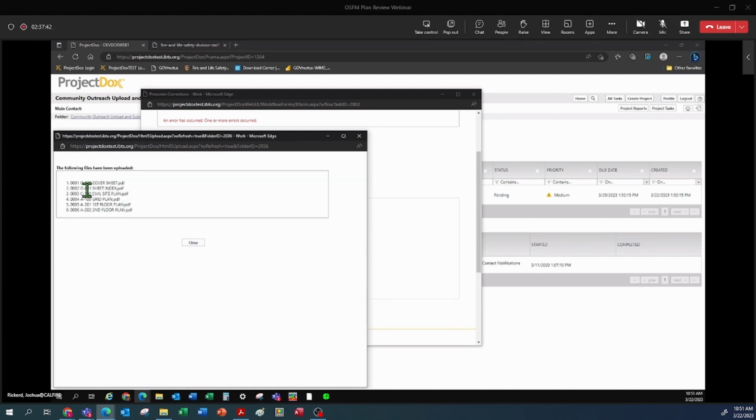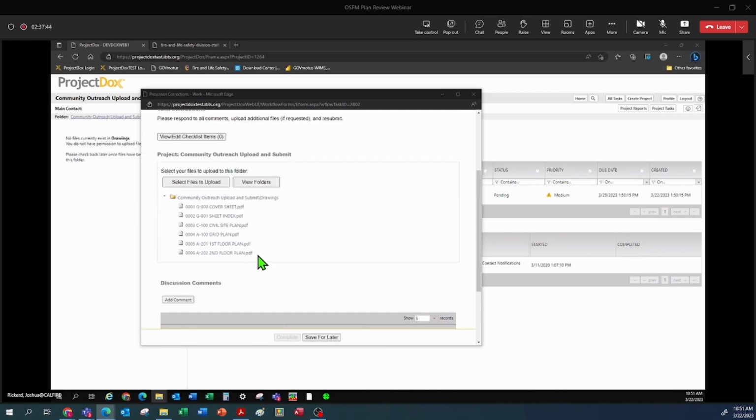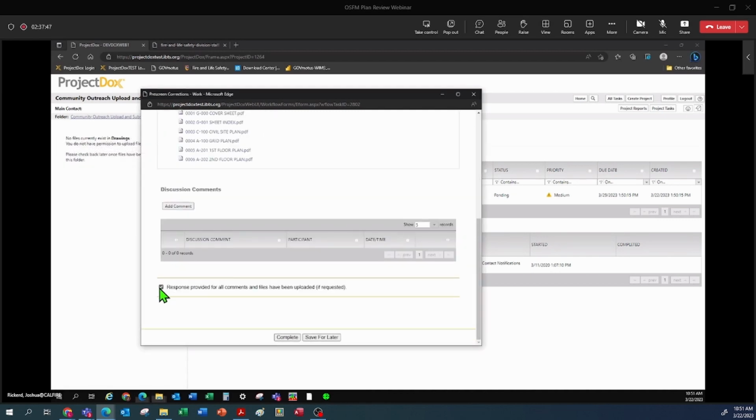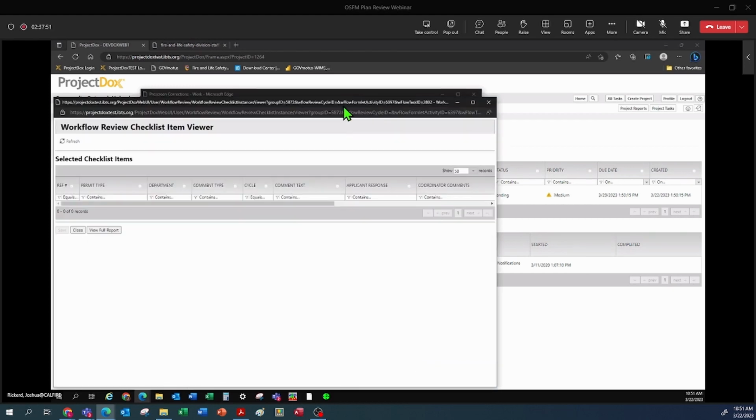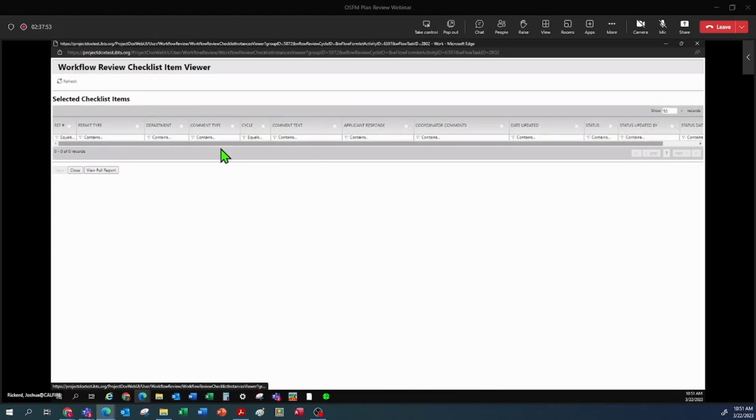And I can see that everything uploaded the way that I wanted, and I can move forward and say that I responded to my comments, which I'll go ahead and show what this viewer looks like. It's going to be a little hard to see how it functions because there's nothing here, but there are columns here for a reference number and a permit type, which is what the comments were about, and you'll see here a list of items that our intake staff have identified that were not met based off our minimum requirements to proceed forward